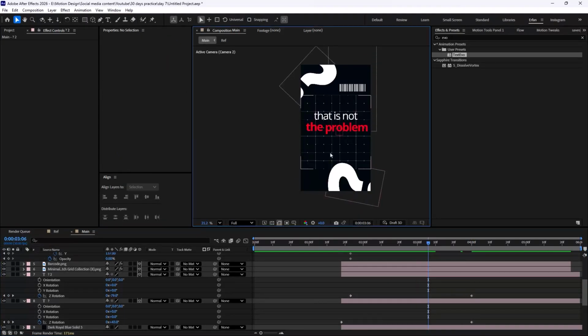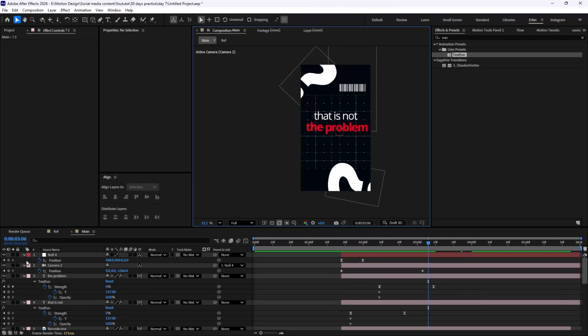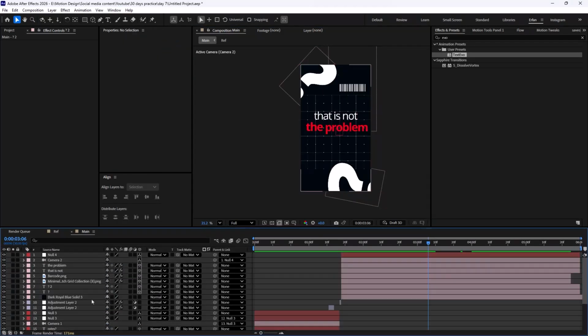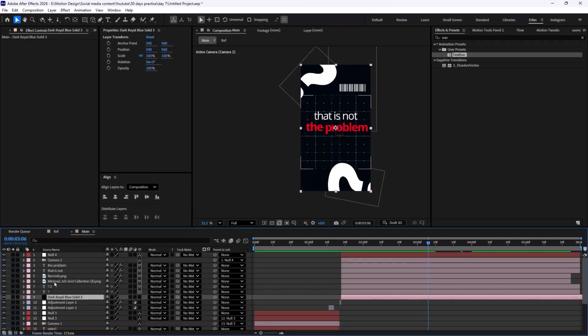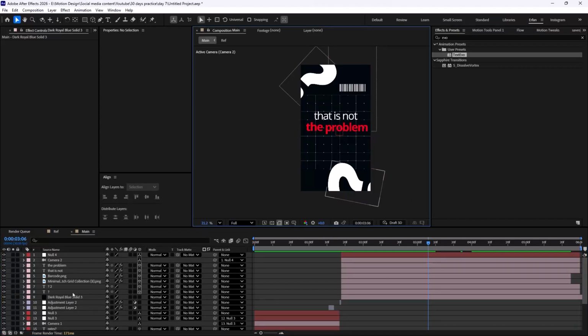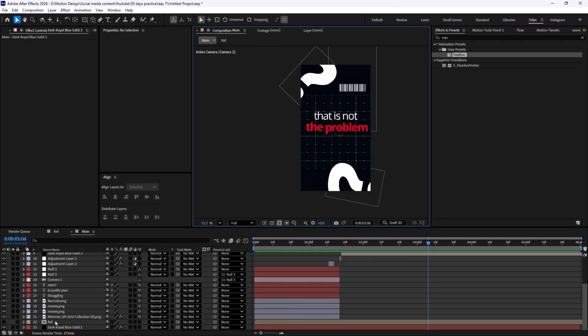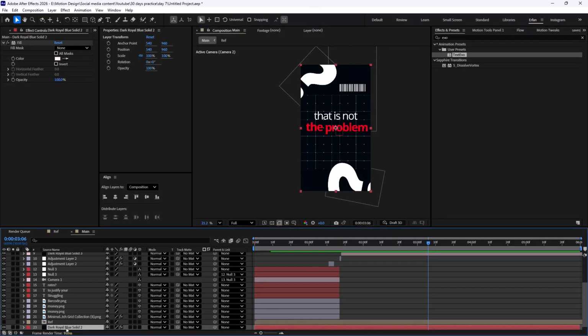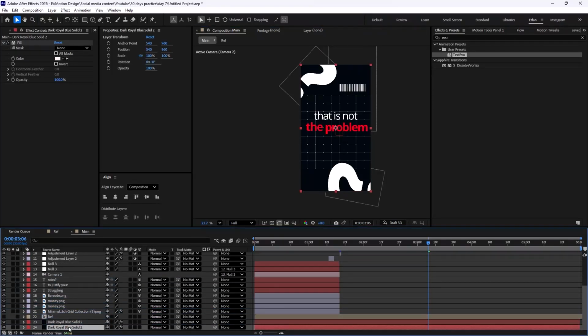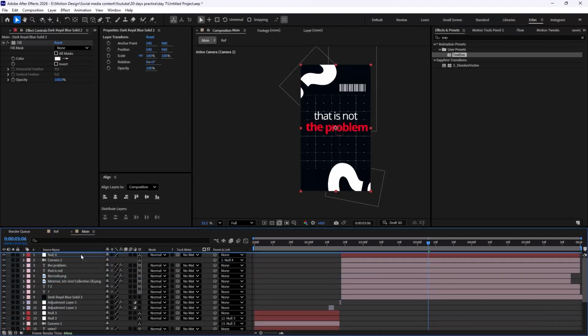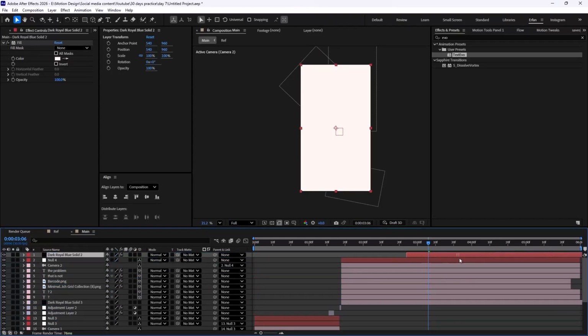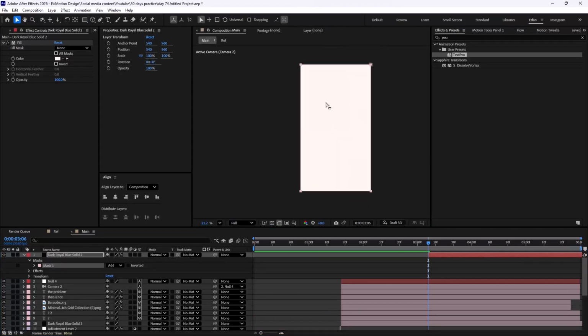Okay, that's good. And when it is almost in here, we're gonna just create our third scene. To do that, I'm just going to select the background, duplicate it, and bring it on top in here, and then I'm gonna double click on the shape tool with the layer selected to create a mask.